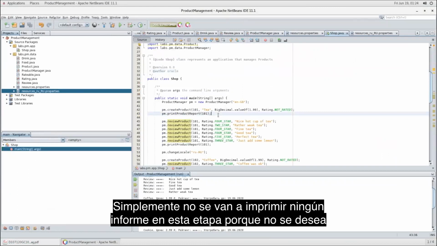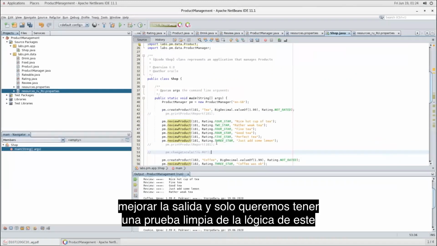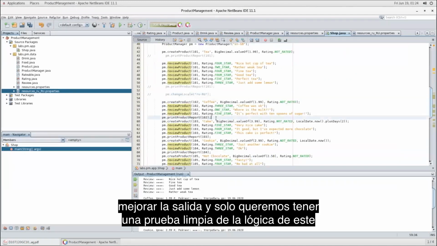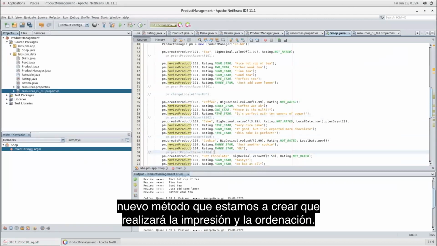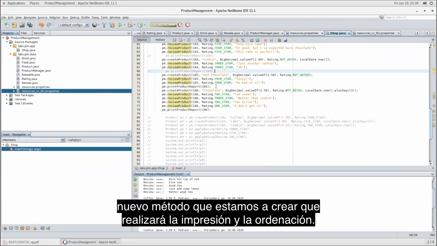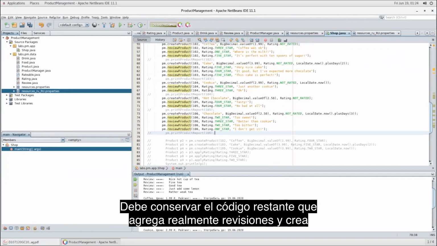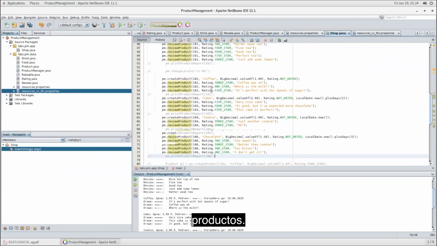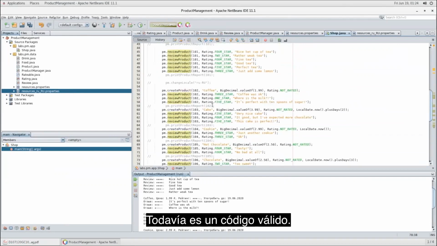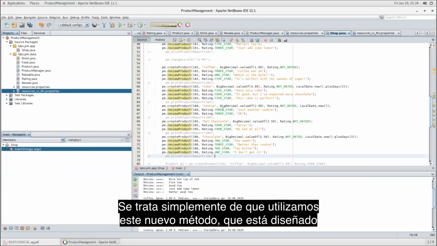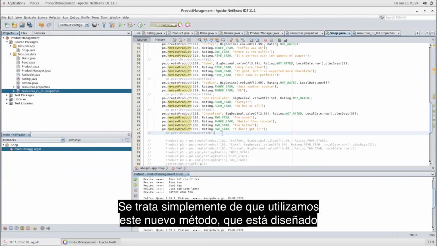We are simply not to print any reports at this stage, because we don't want to clutter the output, and we want to have a clean test of the logic of this new method we're about to create, that will do the printing and sorting. You need to retain the remaining code that actually adds reviews and creates products. That is still valid code. It's just that we will now utilize this new method,